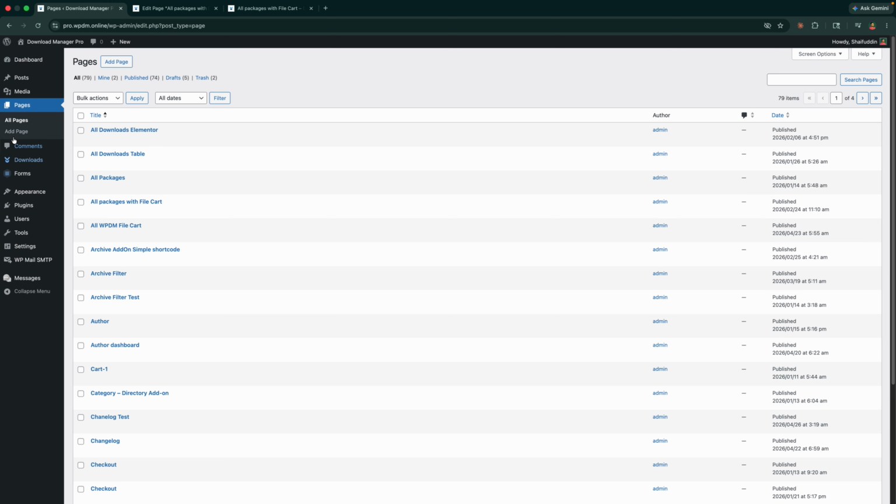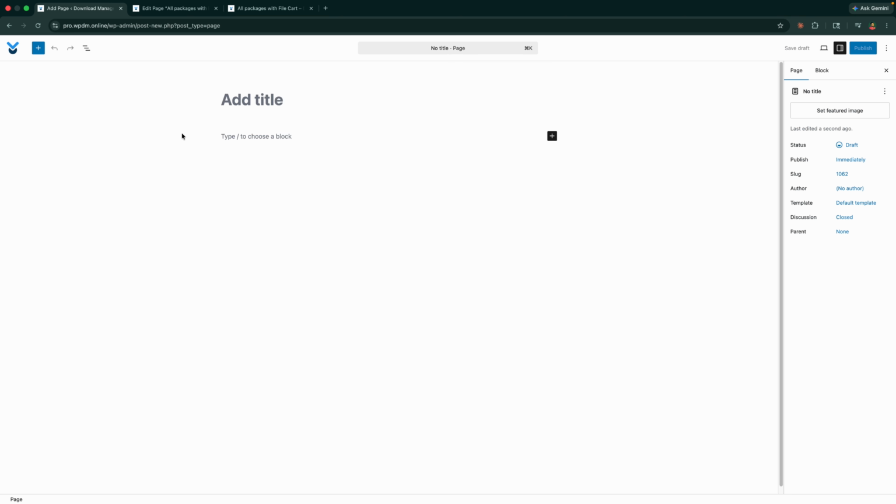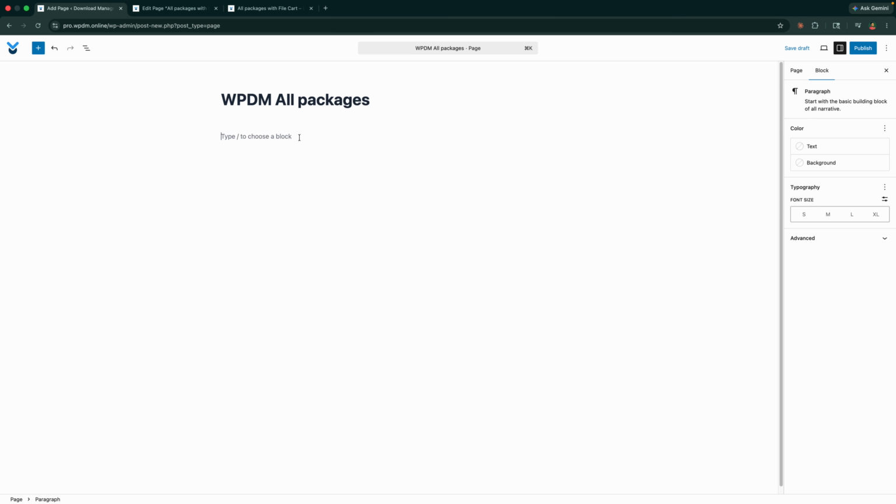Step 1. Create a new page. Provide an appropriate name. Now paste the basic WPDM All Packages shortcode. Click on Publish